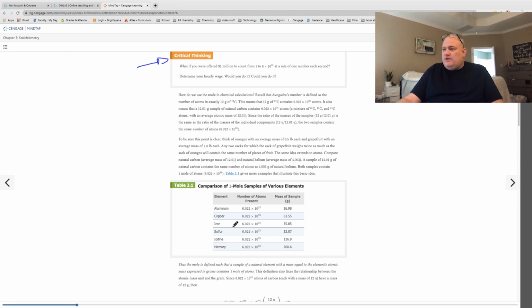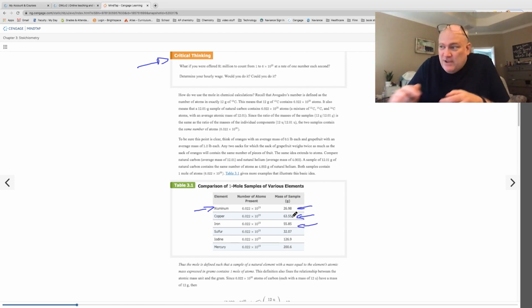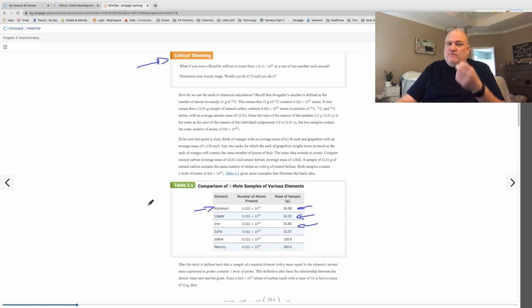Now, they show you here, oh, by the way, aluminum, if you took 6.022 times 10 to the 23rd, you get 26.98. Same with copper, but this time you get 63.55, or iron, 55.85. I don't want to spoil the surprise for you here, but all those numbers are the numbers that are underneath each element on the periodic table. So we already know that that's the number of grams per 1 mole, or 6.022 times 10 to the 23rd